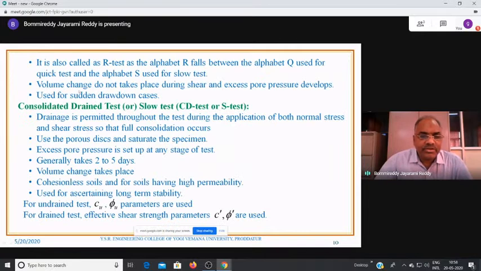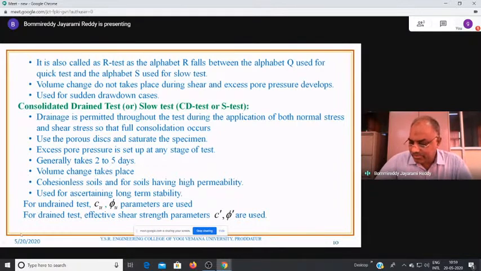And in this particular case, because consolidation takes place, volume change will take place during consolidation. But during the shear stage, volume change does not take place. And this particular type of testing is to be used for sudden drawdown cases. Another type of arrangement is the consolidated drained test. So that means during the consolidation,